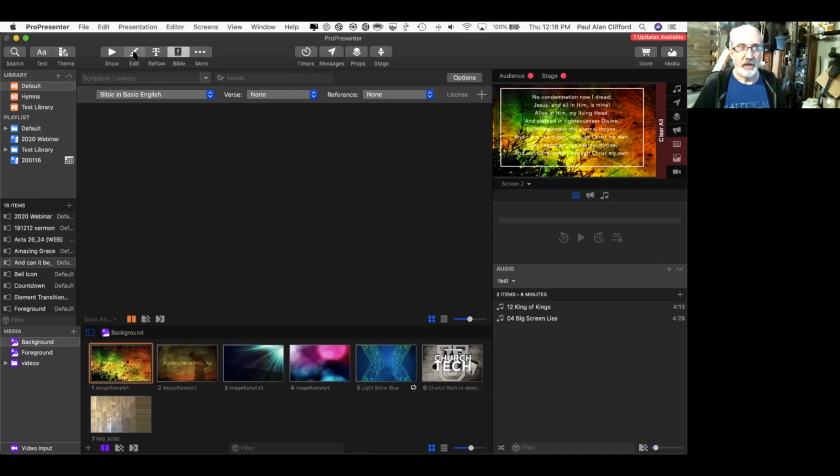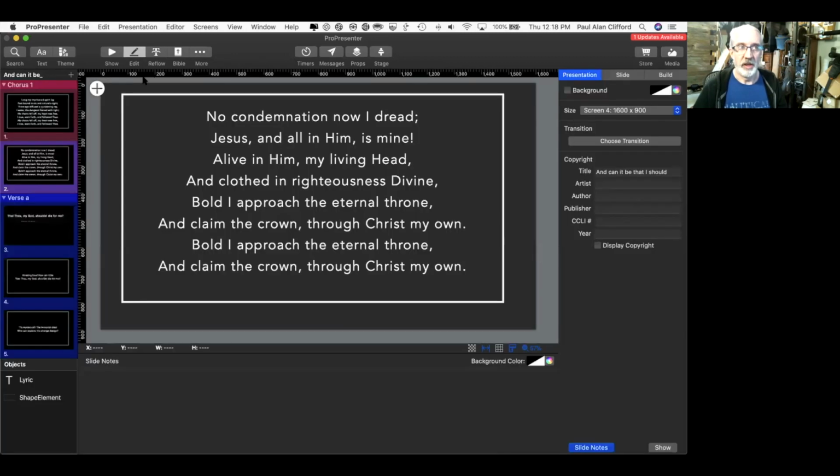So let's get back to editor, and then we'll go through some of these other things. Editor has been completely revamped. First off, the icons are gone. That's one of the things that I found confusing is I think there were 5 or 6 icons at the tabs here, and I could never remember what did what. So this is the presentation tab. You'll see that you can easily get to the copyright information. I could do,